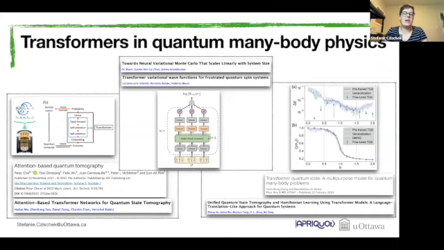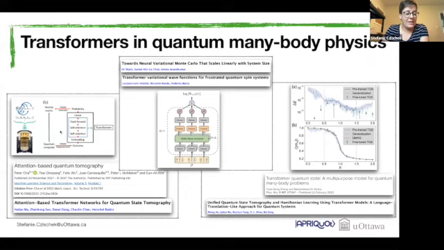With quantum many-body physics, I'm always referring to just systems of qubits. And again, if we have a system of qubits, then we have strong correlations between these qubits, and they can be of long range. Therefore, if we want to model these qubit systems, it's very important that we capture all these correlations and even these strong long-range correlations. Based on this relation, people started to use transformer models in this field of quantum many-body physics for several applications. All these works came out in the last year, most of them actually within this year, so in the last couple of months.